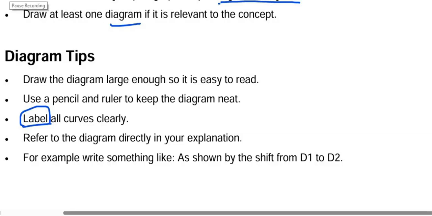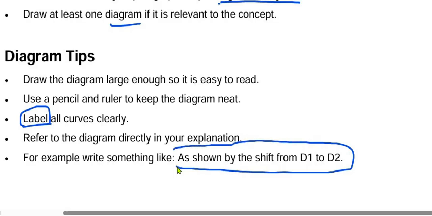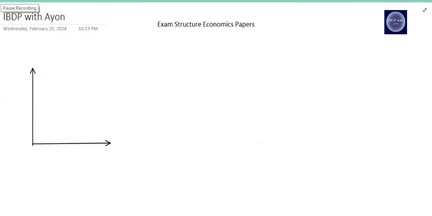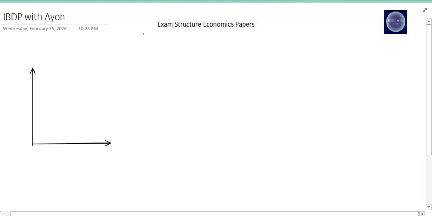And while explaining the question and while writing the answer, we should always refer to the diagram. Here is an example given. We can draw the diagram, and I think it would be better if I explain it to you guys. Here it is mentioned that there is a shift from D1 to D2. So let's do this. Firstly, we need to know why there is a shift in the D1 curve. So for a shift in the D1 curve,